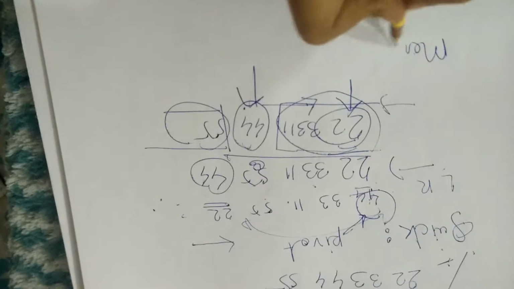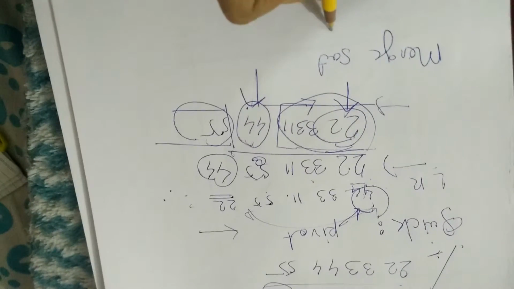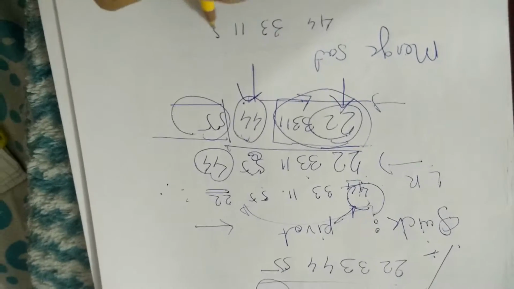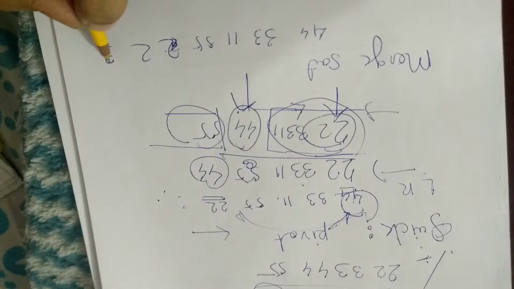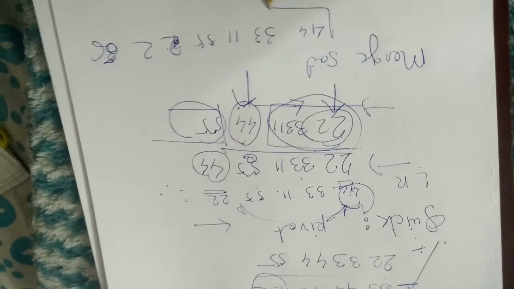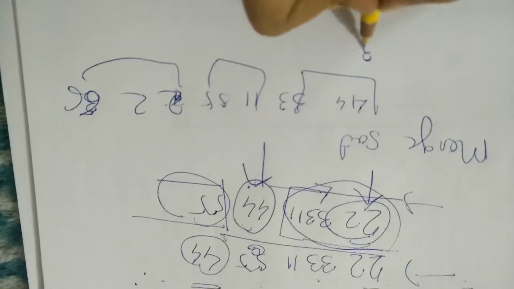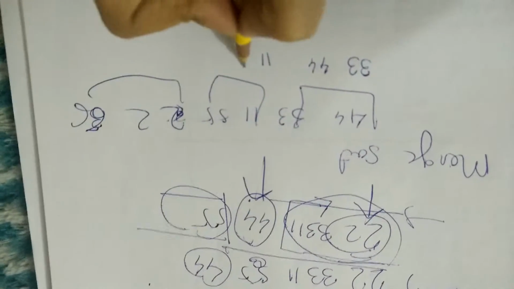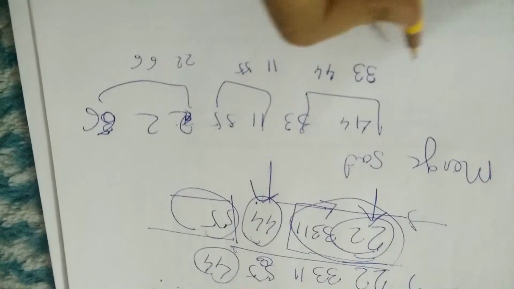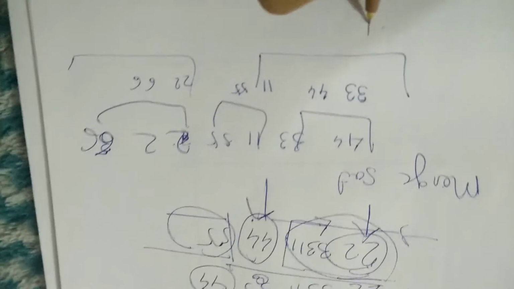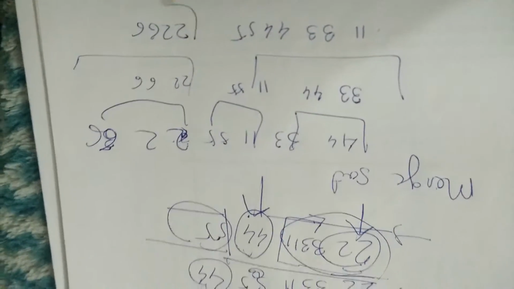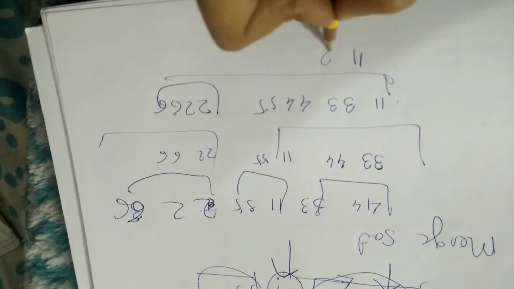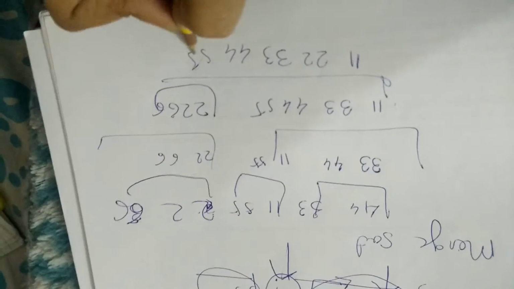Next is our merge sort. What happens in merge sort is, suppose we are having 4 elements, or suppose we are having 6 elements. Then we will divide them into pairs of 2 and we will sort these. If we sort these, we will get 33, 44, 11, 55, 22, 66. Next we will merge this and this. We will get 33 and so on. And lastly we will merge these two and we will get the final answer 11, 22, 33, 44, 55 and 66.